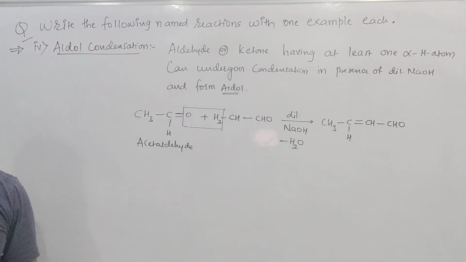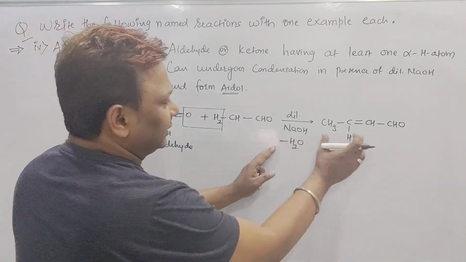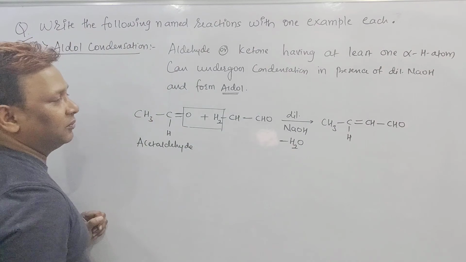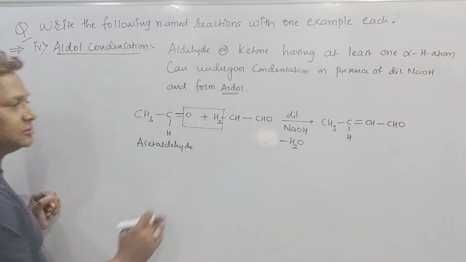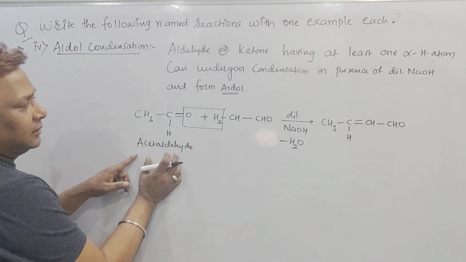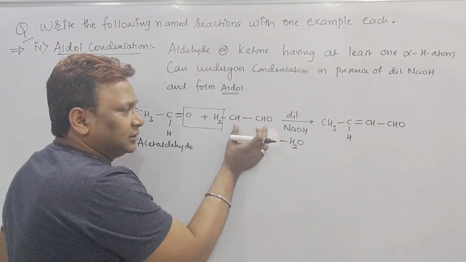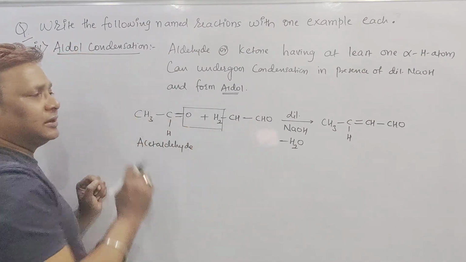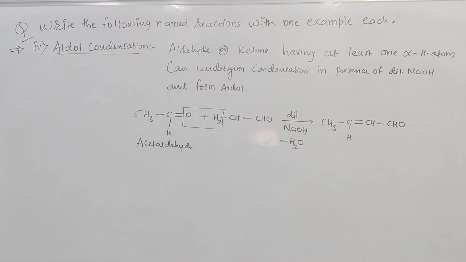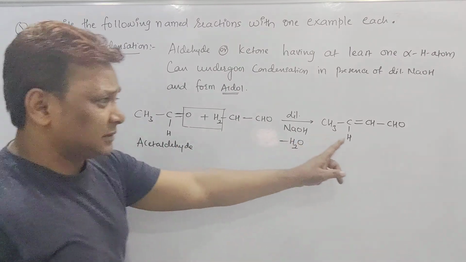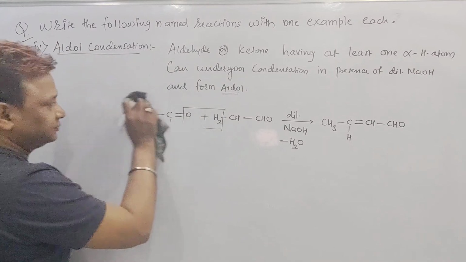So for getting the aldol, I should write this form also. In between these two, I should get one more form, and that form I can write in this way. See, beta, aldehyde on combining with another molecule of aldehyde, in this one the nucleophilic part will attack on the carbon. Wait, beta, I'll show you that reaction. Actually, this is the final product we are going to get.